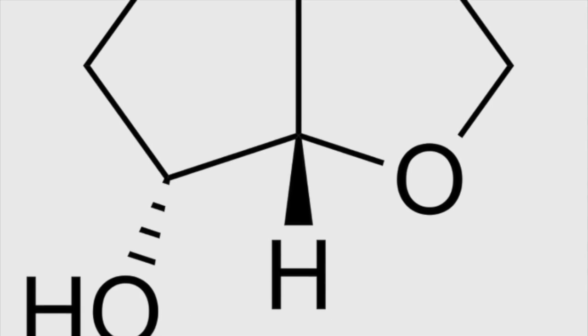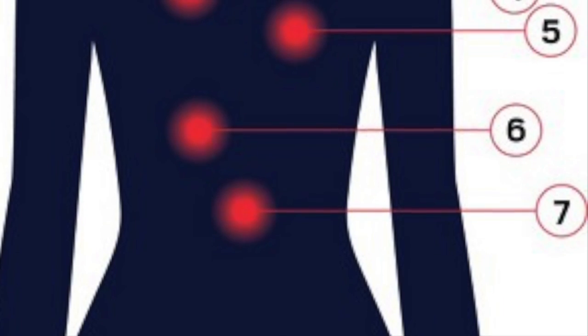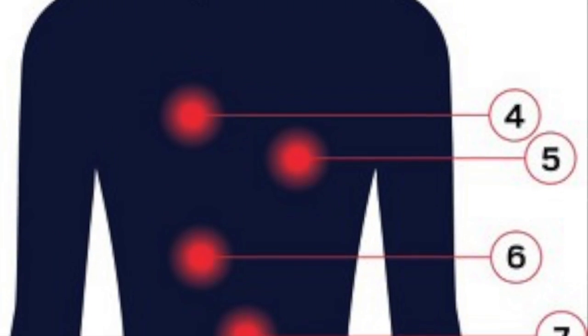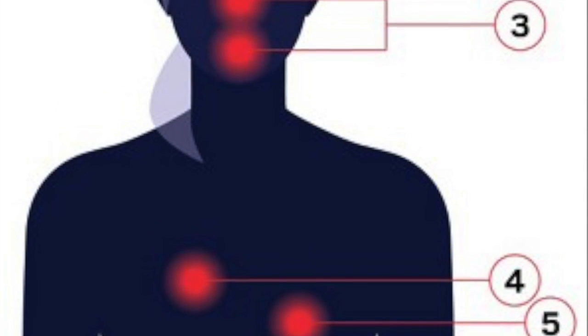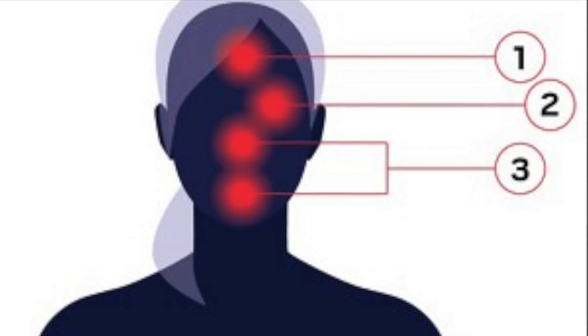This is probably because the body is able to build a tolerance to the medication. Some of its side effects include headaches, tingling under the skin, redness, nausea, hot flashes, and pain. It also has more serious side effects such as irregular heart rates, chest pain, which is kind of ironic, and